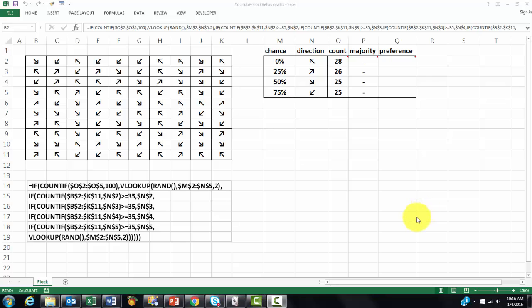This is a simulation of flocking behavior. A flock is a group of birds, a group of herd animals, or fish. They have a certain behavior. Originally they are in all different directions, which I am simulating here. And then at the moment the majority or a certain percentage is going in a certain direction, the others will